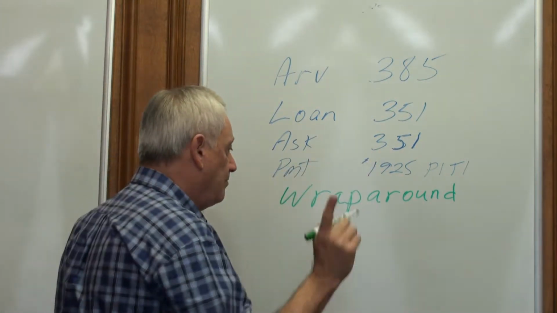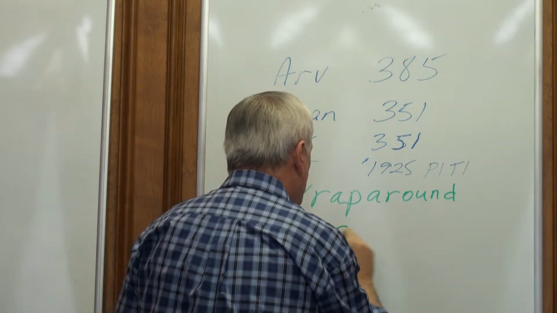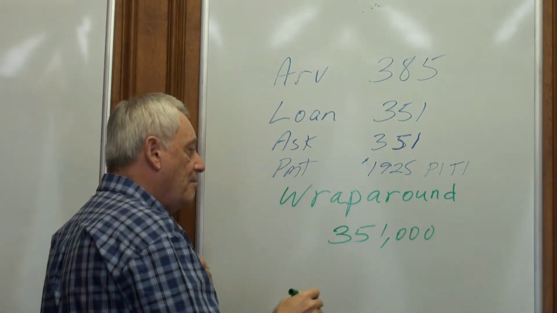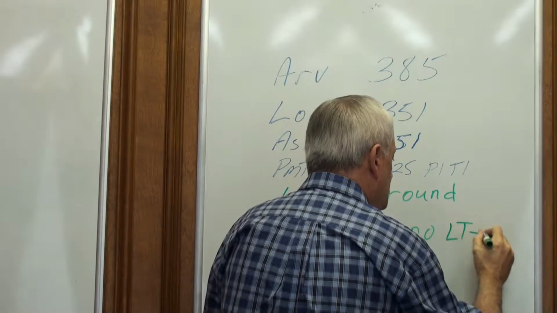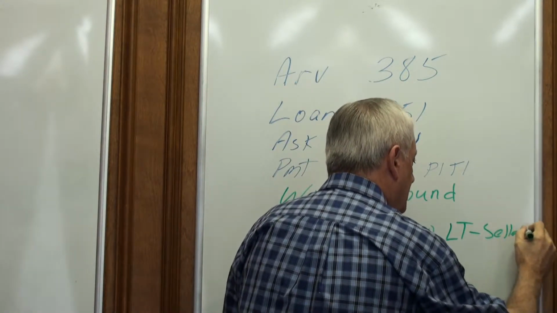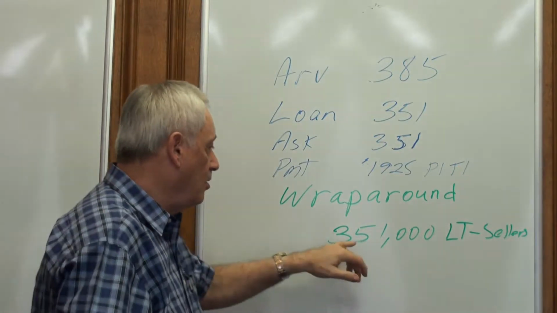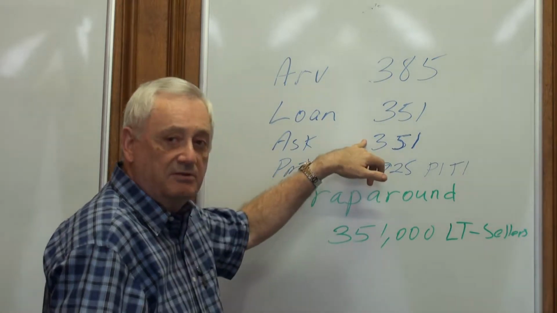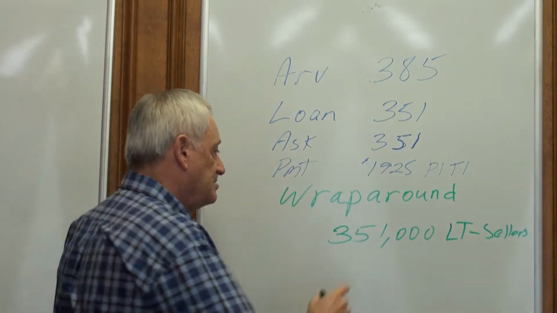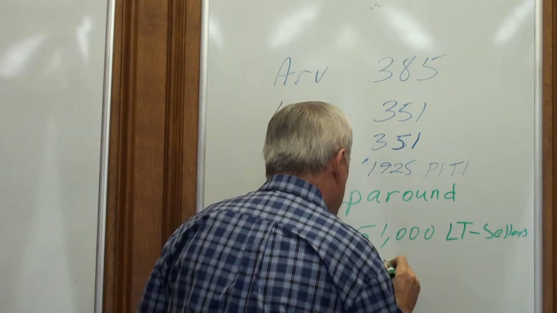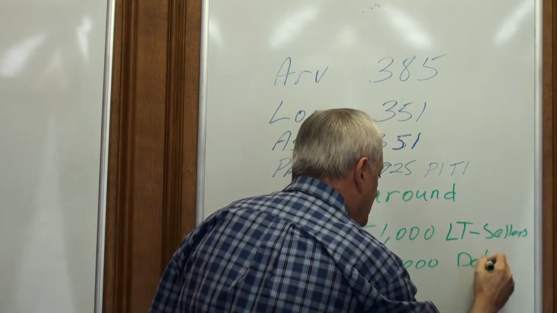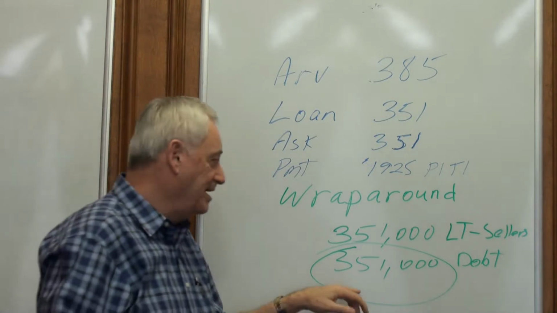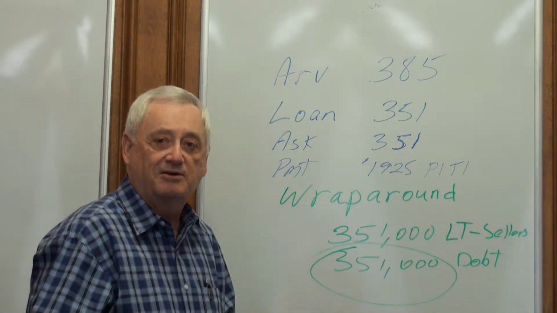His debt was $351,000. So I had my attorney create a wraparound mortgage for $351,000 from my land trust to the sellers. That means my land trust owes the sellers $351,000 now, and then of course the sellers owe out $351,000. So this is why they call it a wrap. This is the underlying debt on the house. So my loan wraps around their loan. We'll make that clear. There's only a total of $351,000 owed on the house.